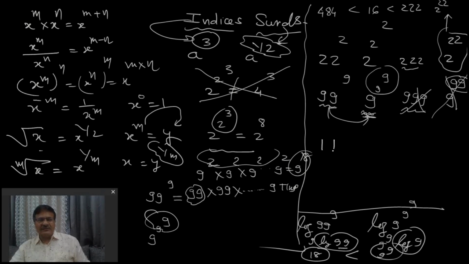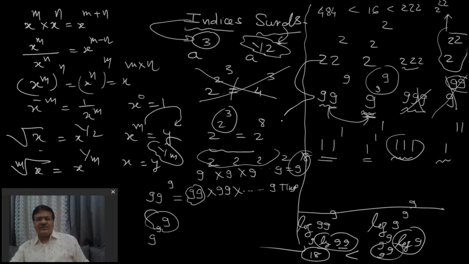See one more example: 1 1 power 1, 1 power 1 power 1, 1 1 1, 1 power 1 1. Here this will be 11, 11 power anything 11. 1 power 1 power 1 will finally be 1. This is 111, this is 1 power anything, again 1. So this one is the biggest. You see, the pattern of all these three questions is the same, but due to these number changes, the answer is different in all these cases. So I hope that is clear. Okay guys, move on.